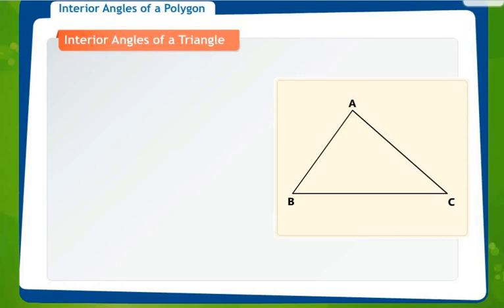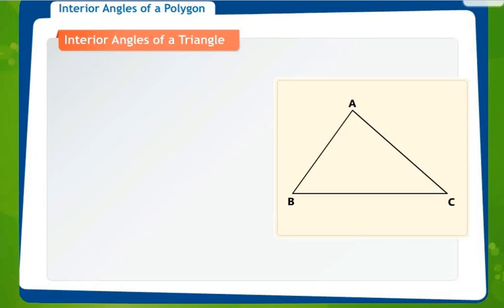Welcome to maths class. Today we are going to study about interior angles. Before going to interior angles, we are going to study the interior angles of a polygon. Now what do you mean by a polygon? A plane shape, that is a two-dimensional figure with straight sides. Example, it can be triangles and quadrilaterals as well as pentagons. This is what is meant by a polygon, a plane shaped two-dimensional figure with straight sides.